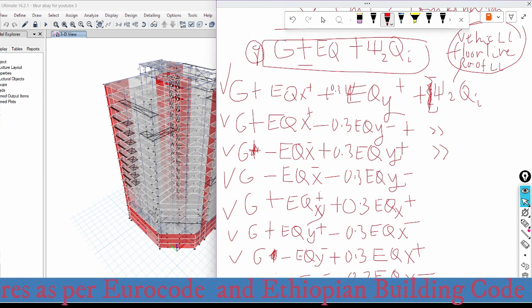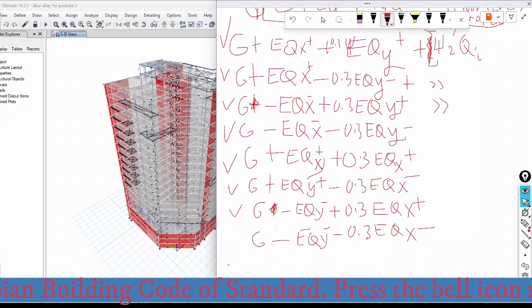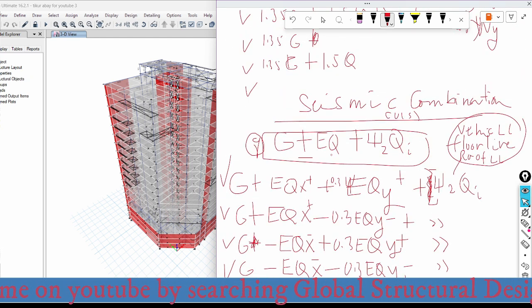So how many combinations are there? 1, 2, 3, 4, 5, 6, 7, 8 combinations will be required for seismic design. And here this is psi 2 Qi, it is the same for all the load combinations. So here, some of the guys are confused with the service load for seismic and service load for